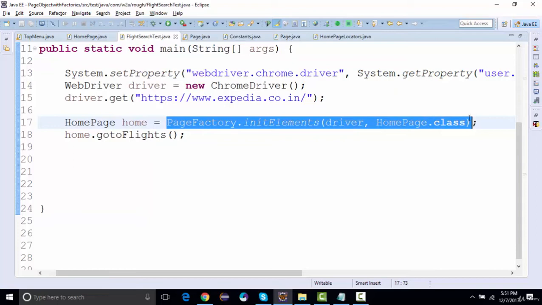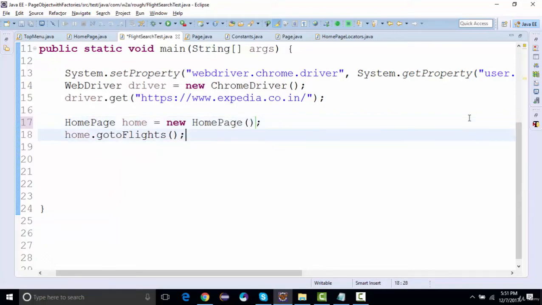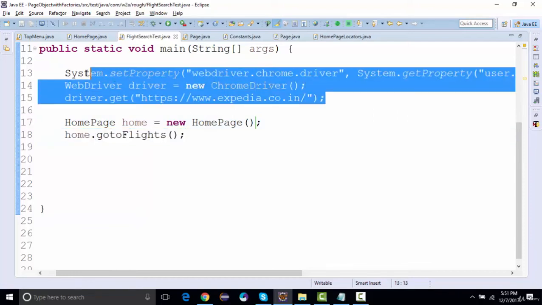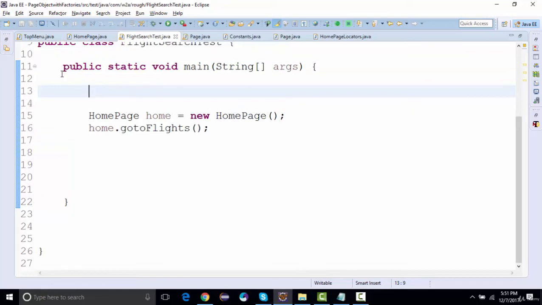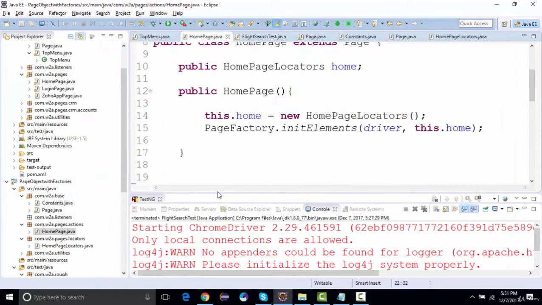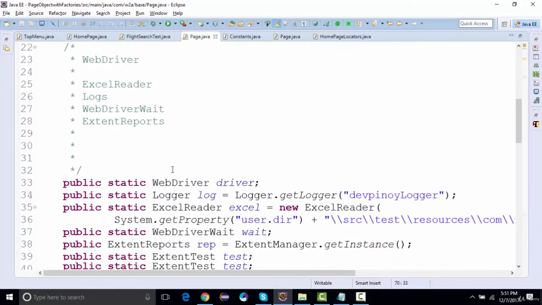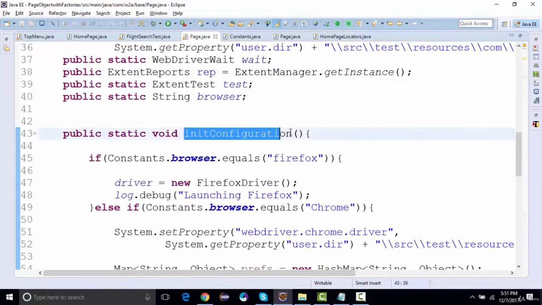Instead of doing this, you can simply say HomePage home equals new HomePage, and then you can simply say home.goToFlight. So what happened? You need not do this thing over here. First you will be calling a method that you have defined in the page class, that is init configuration. So when you call this method,